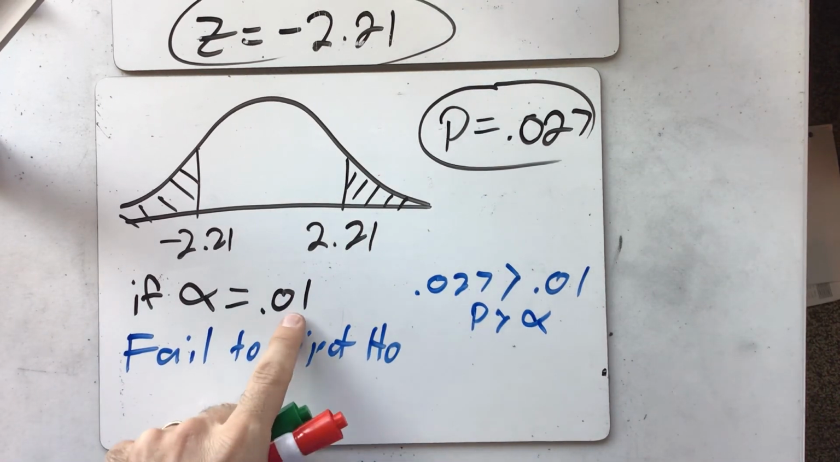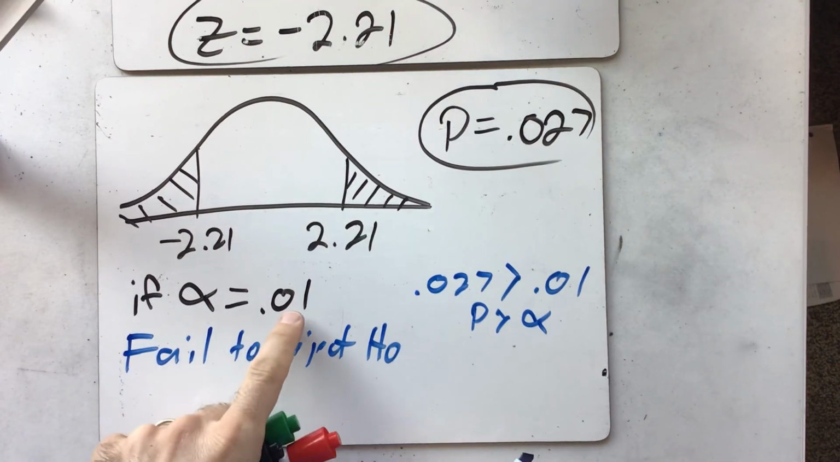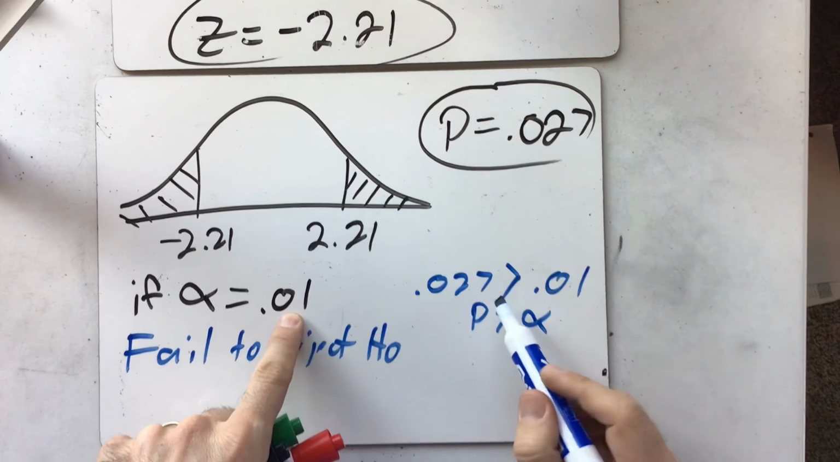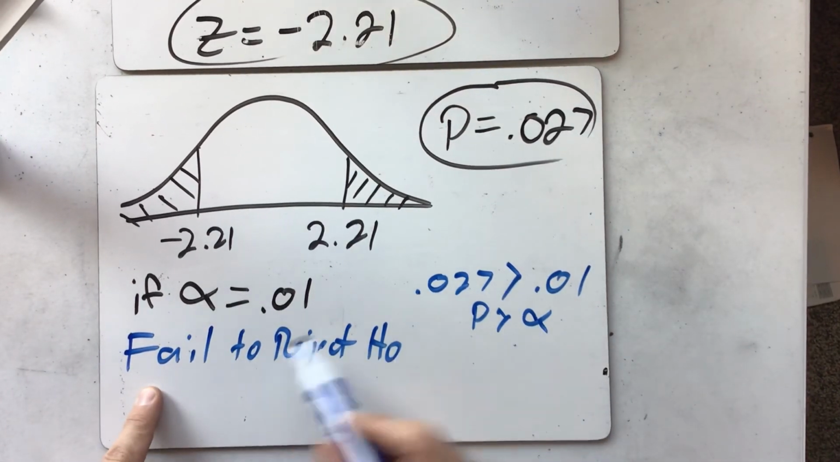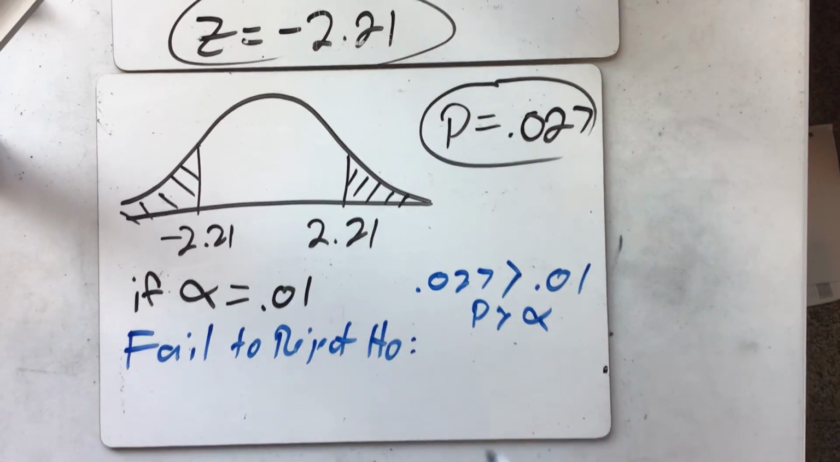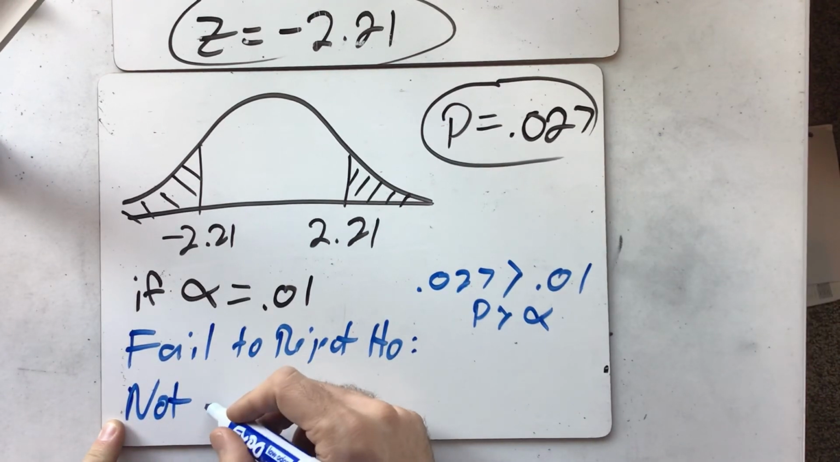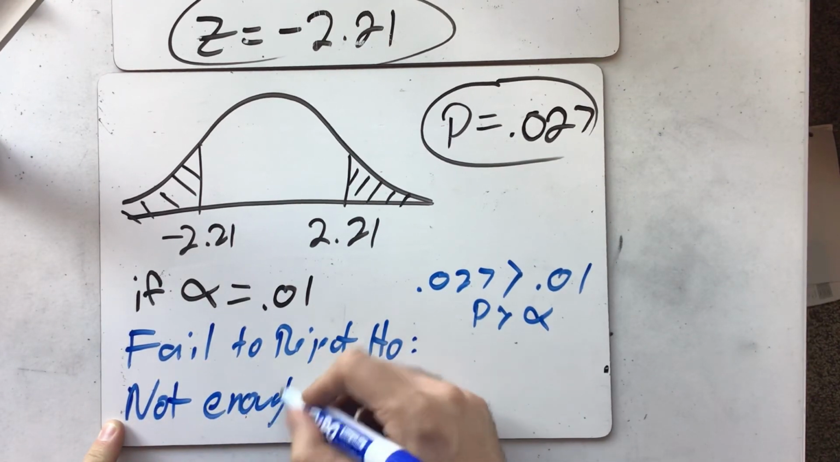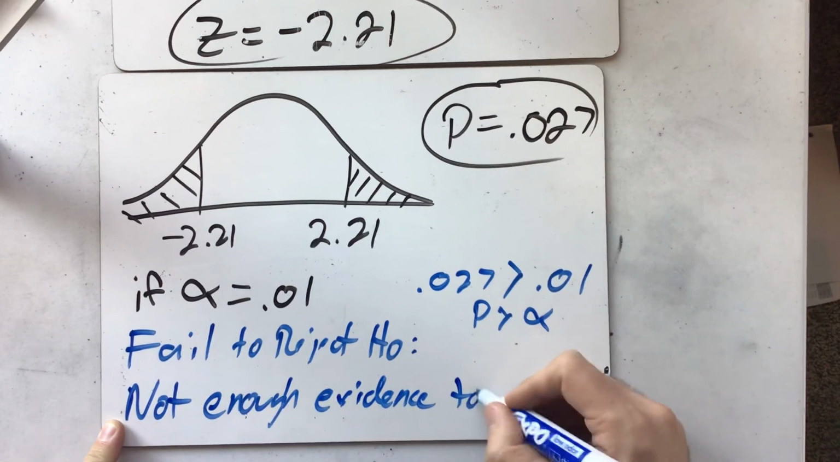So it all depends on what you choose for this number. Again, you won't have to choose it. It'll be told to you from me or from the textbook. But whatever you choose for this number, you have to determine, am I bigger or smaller than my number? If I'm smaller, then I reject. If I'm bigger, then I fail to reject. What does it mean if I fail to reject? That means not enough evidence to conclude